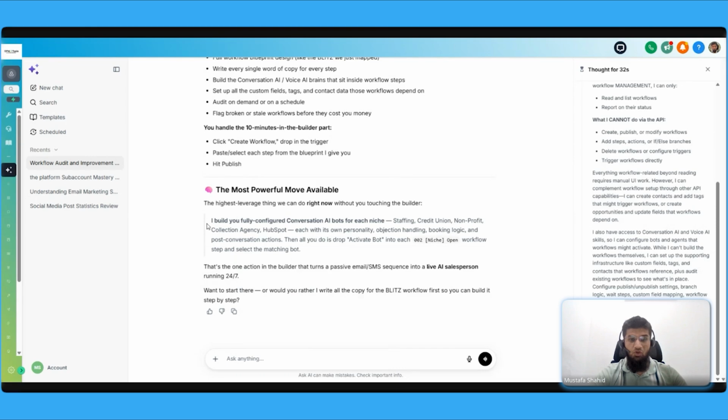So, the most powerful move available right now, the highest leverage thing we can do right now without you touching the builder, is I build you fully configured conversation AI bots for each niche. Okay, and then all you do is drop the activate bot into each and select the matching bot. That's the one action in the builder. So yeah,